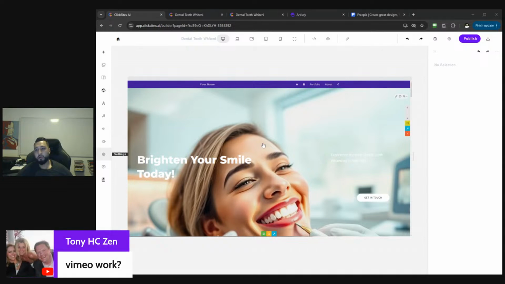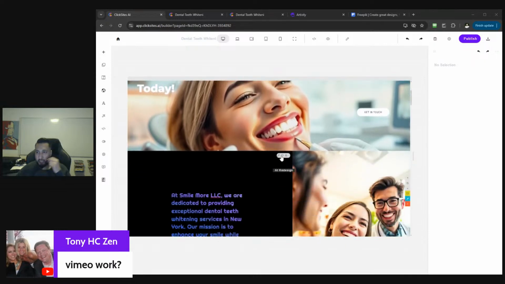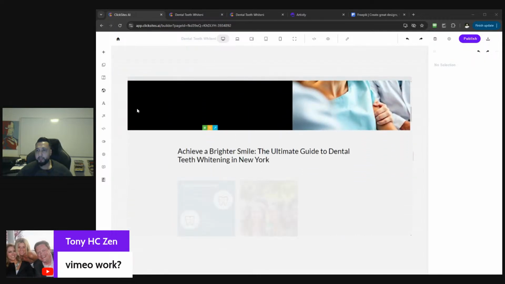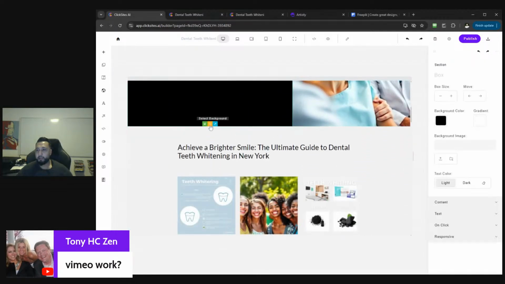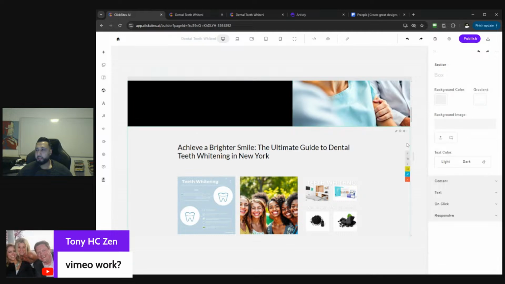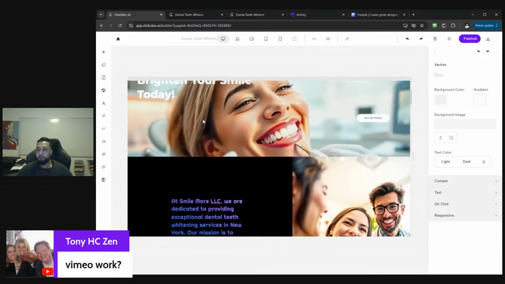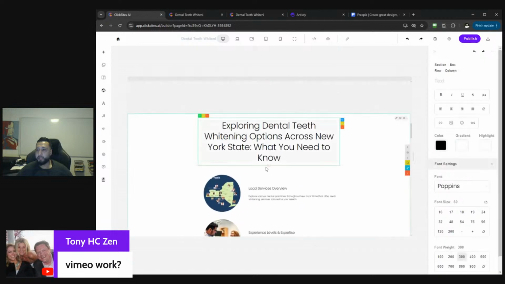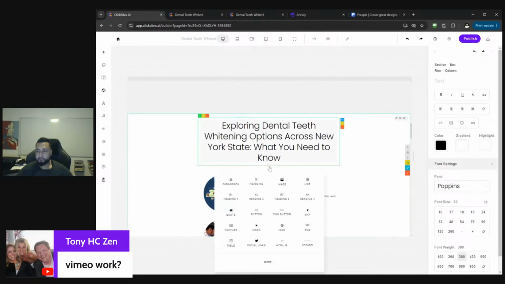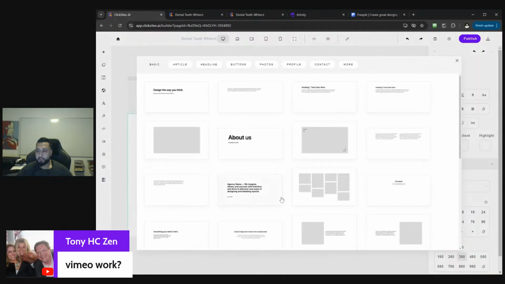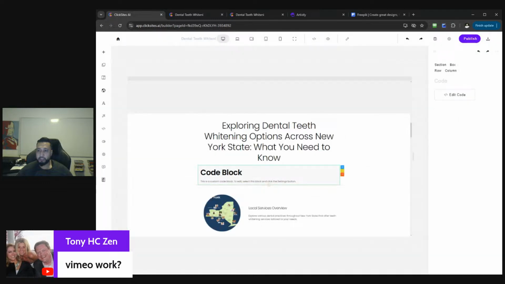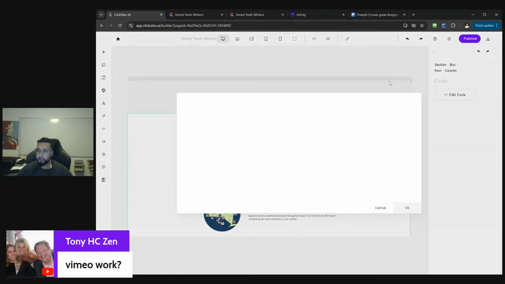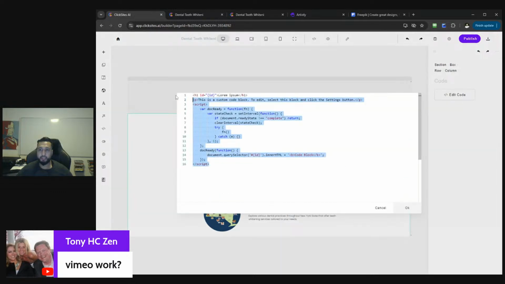Vimeo will work, anything will work. The reason why it works, that's a very good question. Let's just say, for example, if I come to this section, see this little plus button. If I simply select more and scroll down, you can actually add your own HTML code, if you have that code in settings, you can add your own HTML code, you know, that form